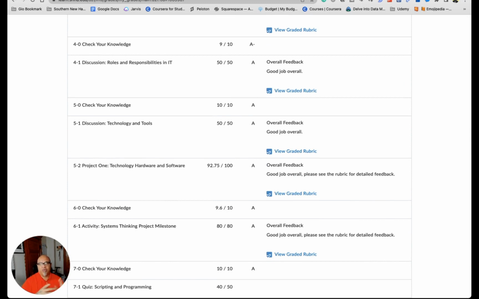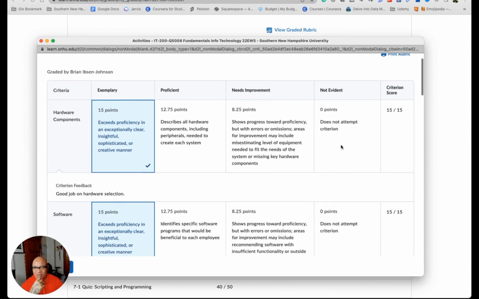Each one, just like in 1 through 4, you're always going to have a knowledge check. Knowledge check, easy to knock out. Discussions were pretty lengthy actually in this class. We had to do quite a few things in it. So this was actually a pretty good discussion class. The project. Okay. In this project, I believe there was one portion on the rubric where